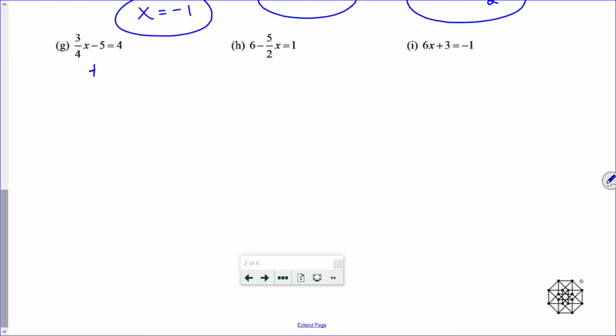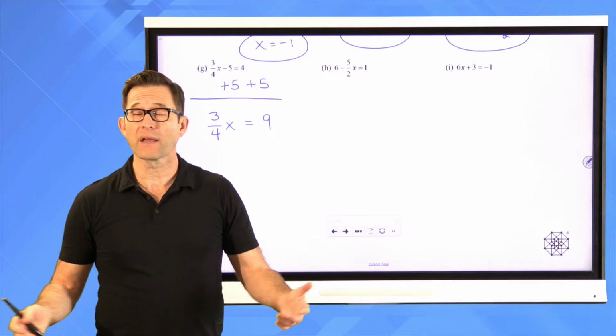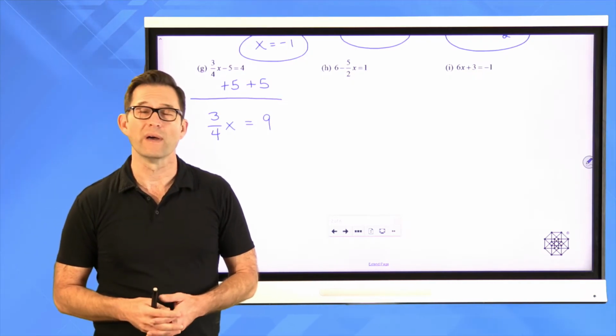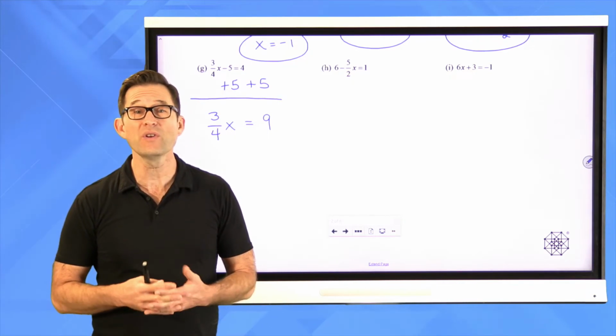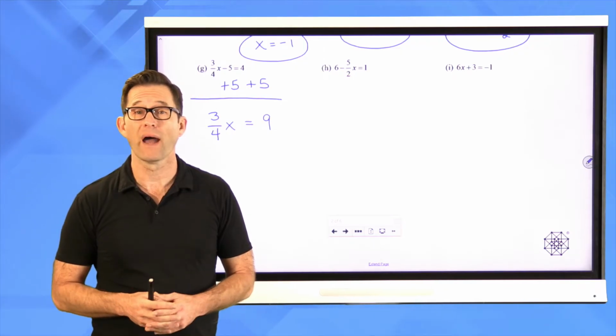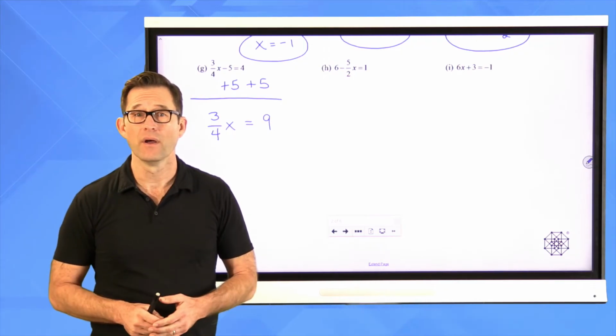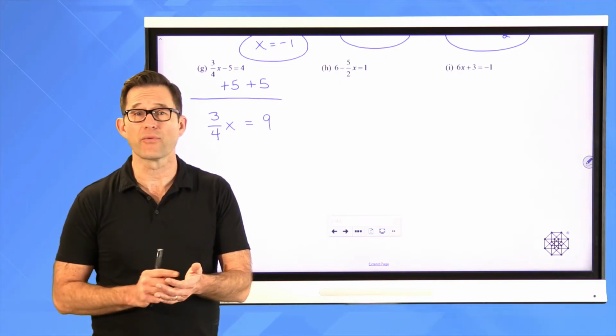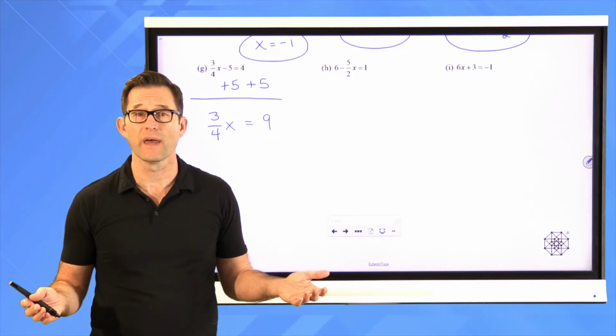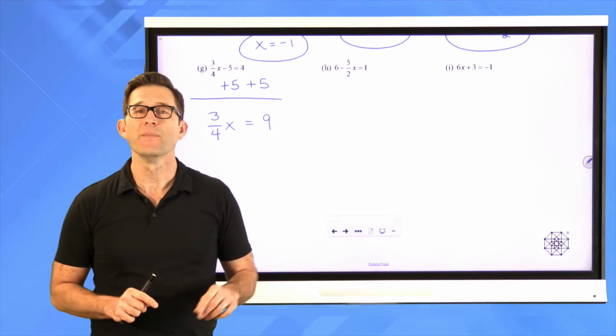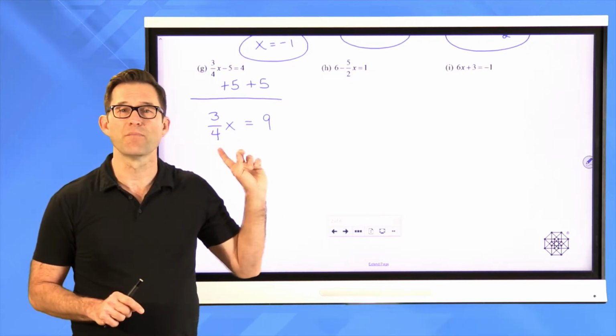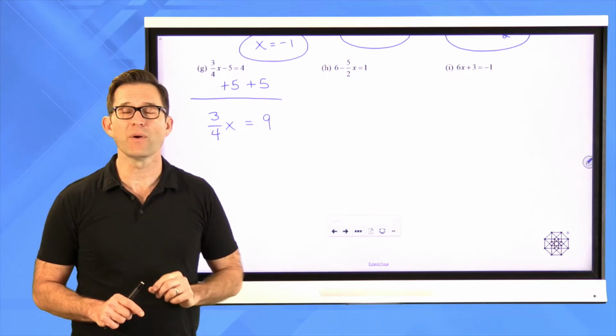So the first thing I'm going to do is add 5 to both sides of this equation. That is simple enough, and I'll get 3/4 x is equal to 9. Now, don't get me wrong, you could divide both sides of this equation by 3/4. You've got a calculator, you literally take it out and do 9 divided by 3/4, and you're going to get the right answer, okay? But most math teachers would say, instead of dividing both sides by 3/4, let's multiply both sides